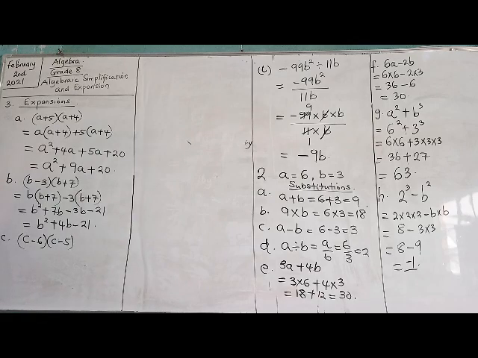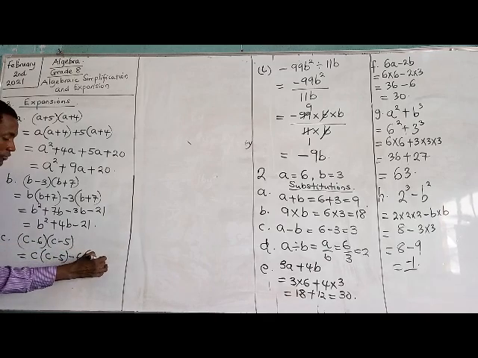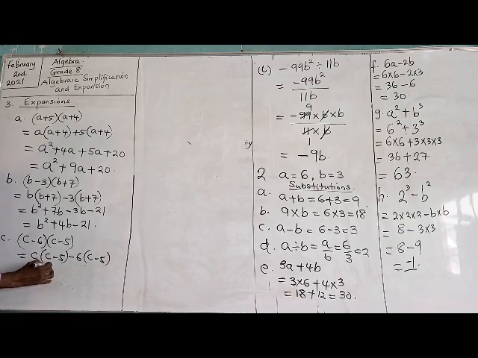C minus 6 into C minus 5. And that would be the content of the first bracket taken on the whole of the second bracket. So that will be C multiplying C minus 5, and you have negative 6 multiplying C minus 5. And that invariably will give us C squared